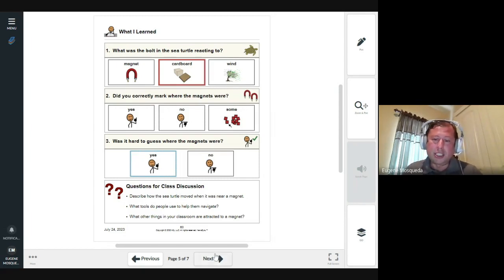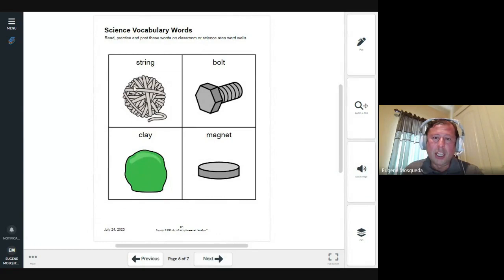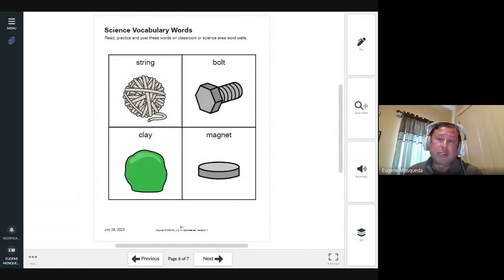And then they have the class discussion. And then here's the science vocabulary words that I talked about. So for life skills students, or students in life skills that have severe needs, I typically would just copy these and place them into folders so that they're connecting them with the picture, matching them with the picture, whether hand over hand or just a pure matching piece.